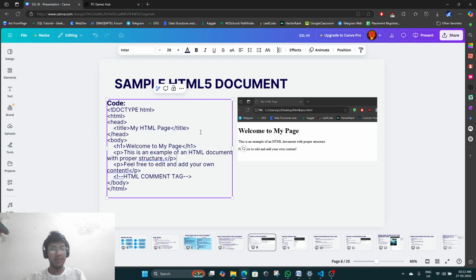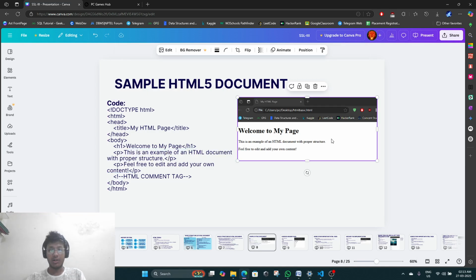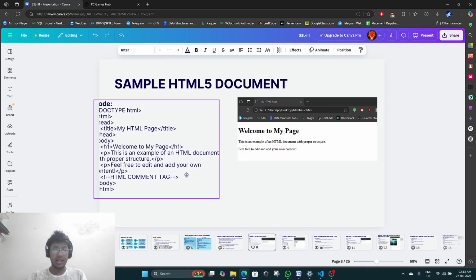You need to add BR for a line break. As you can see here, the structure line is broken, but on the browser it shows as a single line. Unless you add a BR tag to break the line, no formatting is done on the browser side, even if you change or arrange the page correctly in the code. This is an HTML comment tag. Okay,